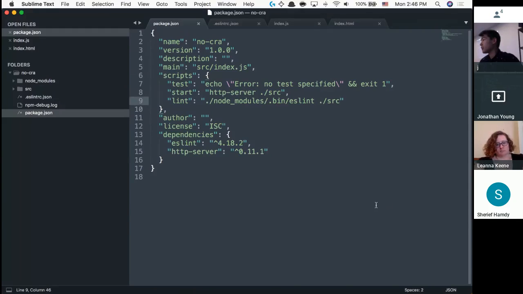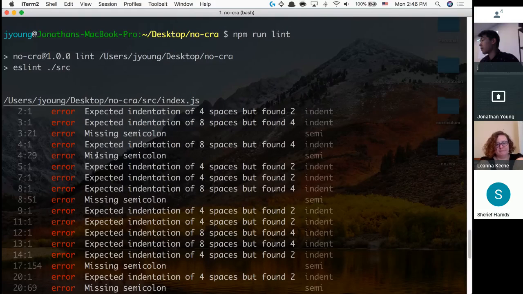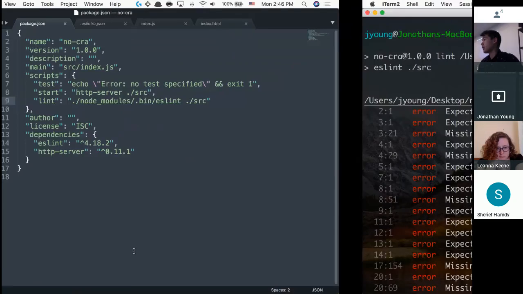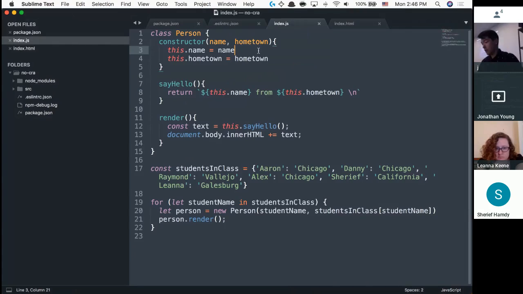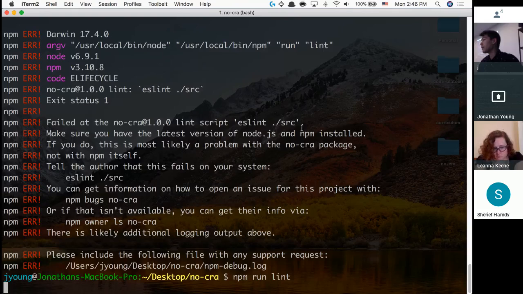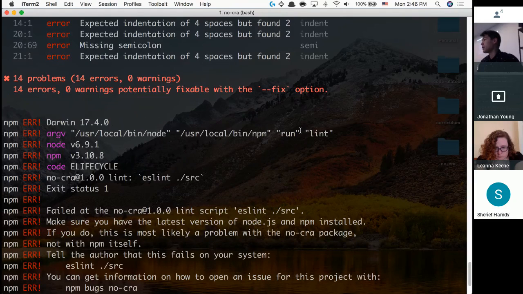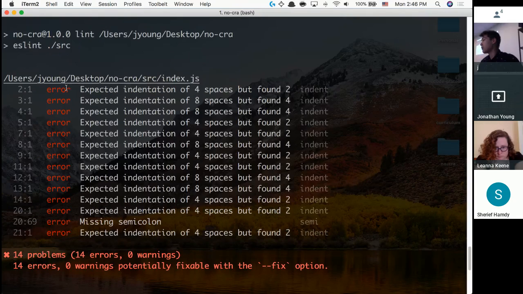All right, let's see. Is there anything we can fix really fast? Missing semicolon on 3, 4, 8, and 17. That's something that we can fix very quickly. 3, 4, 8, 17. Okay, let's see if we can lower the count. All right, now we're down to 14 errors,